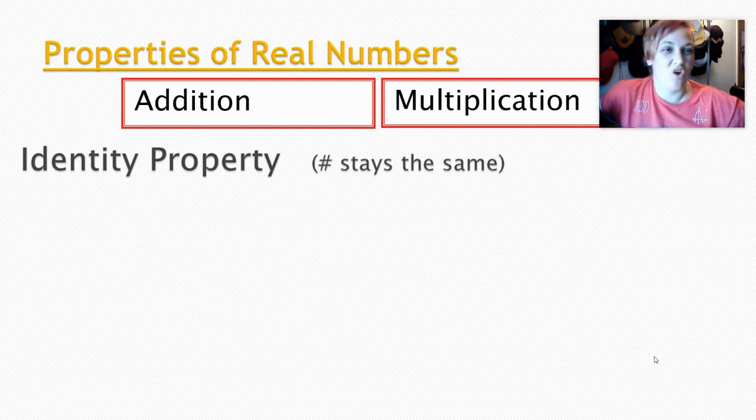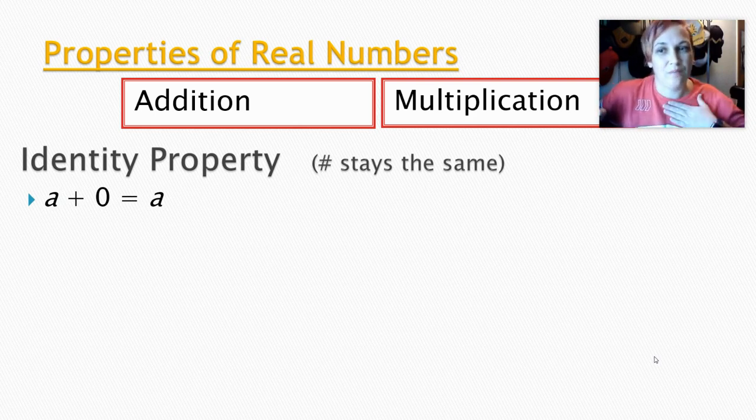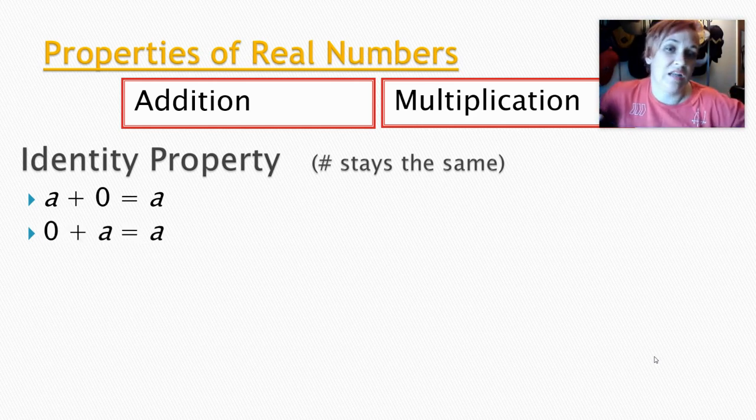Our next property is called the identity property. This is called the identity property because we're going to take a number, we're going to do something to it, but it's going to stay the same number. It's not going to change. It keeps its identity. For addition, if we add 0 to a number, that number will stay the same. It keeps its identity. And for multiplication, any number times 1